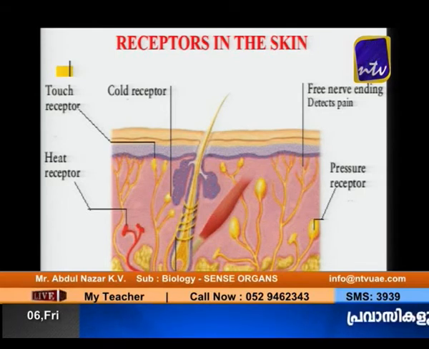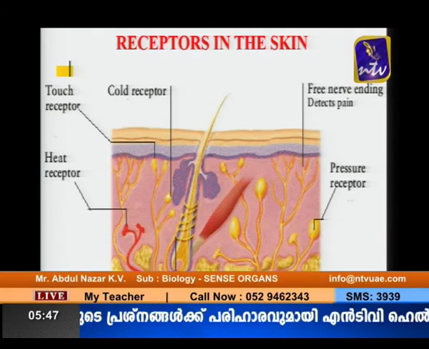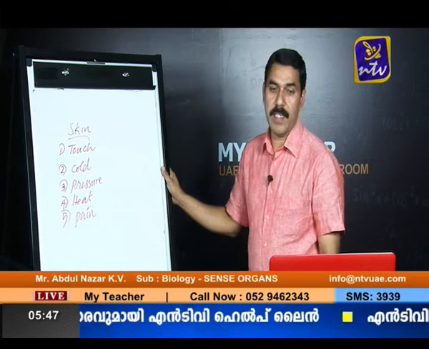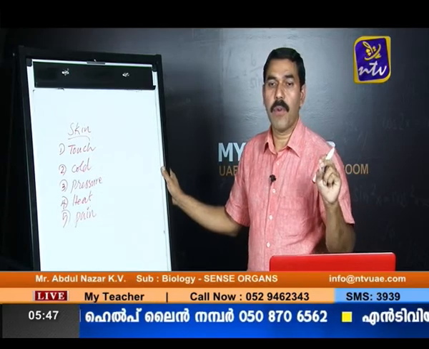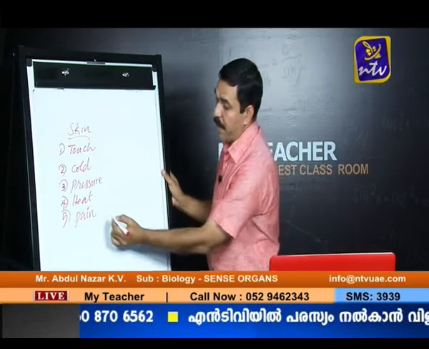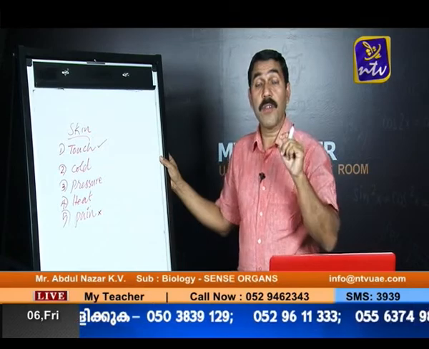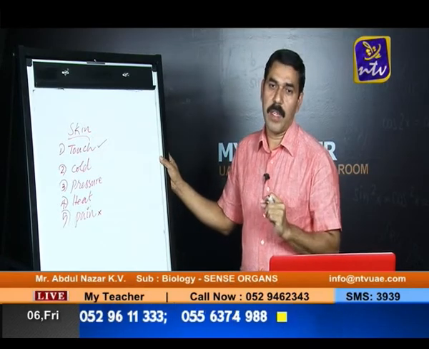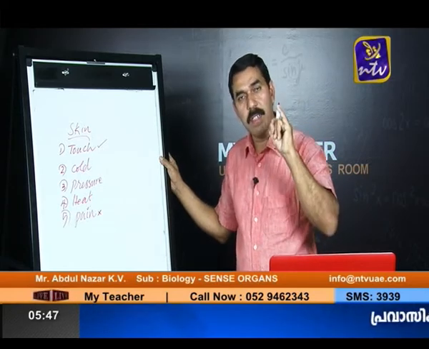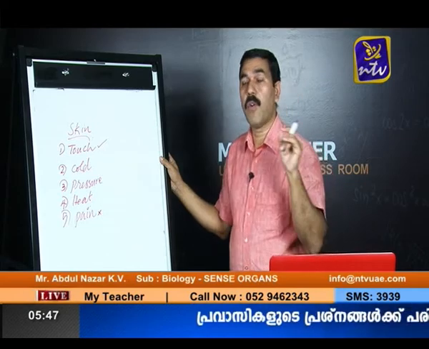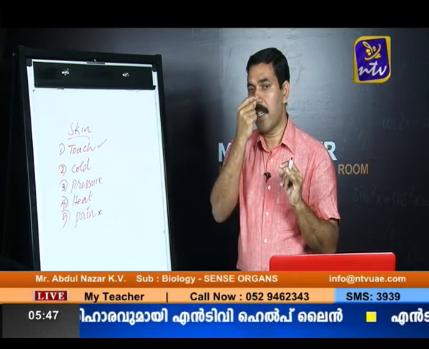You can see the receptors of each of these sensations. But one point to remember here is, on the skin there are no special receptors for registering pain. For the touch, there are special receptors. The distribution of these receptors is not uniform on the skin. Certain parts are very sensitive to touch. For example, we know that the tip of the finger or the tip of the nose is very sensitive to touch. It's because there are more touch receptors present on certain parts of the body, like the tip of the finger and the tip of the nose.